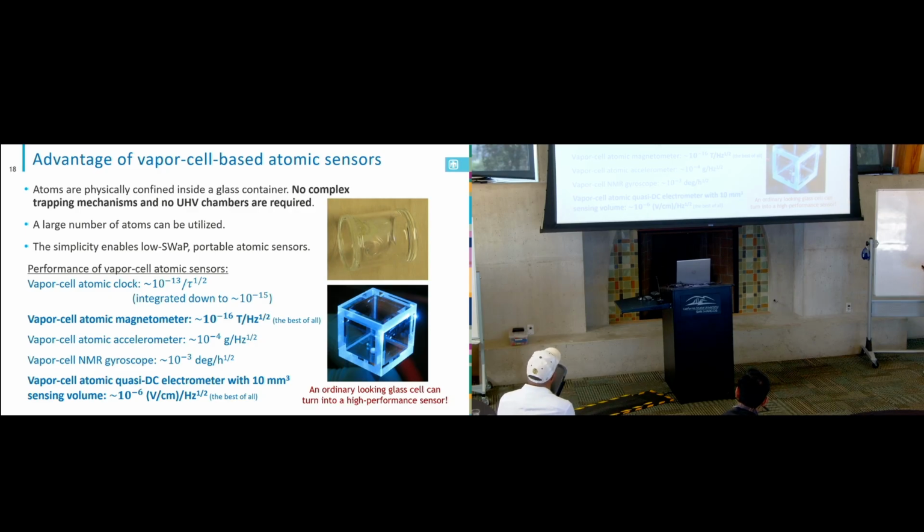So vapor cells, not all of them can deliver the best performance in terms of the measurement precision or sensitivity, but at least for magnetic field and electric field, we actually don't need to cool the atom down to a very low temperature if we only care about sensitivity, and if we also don't have some other constraint like, say, the size, the spatial resolution or some other thing, if you want to generate the non-classical quantum state. And vapor cell can do a pretty good job. All